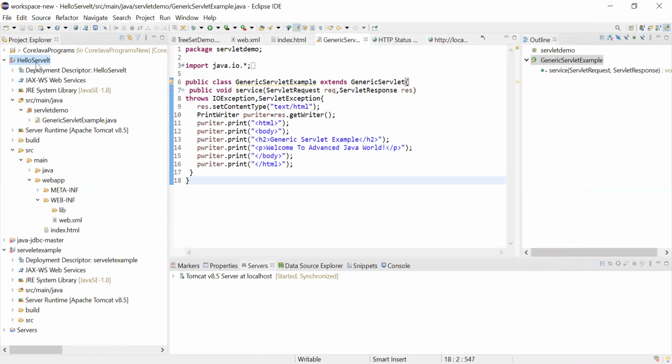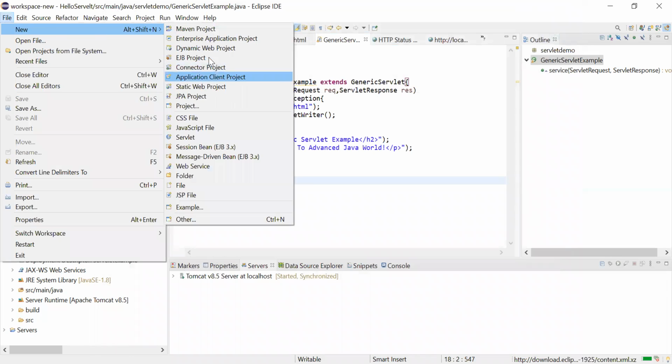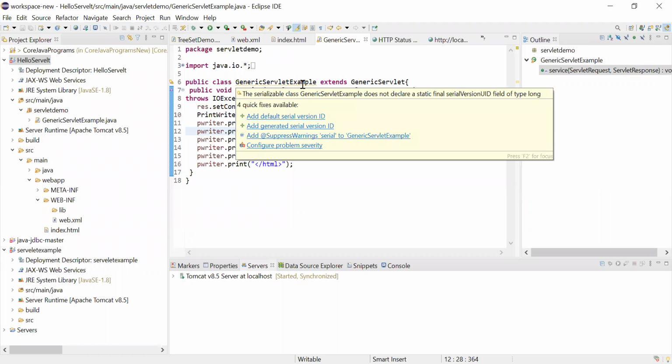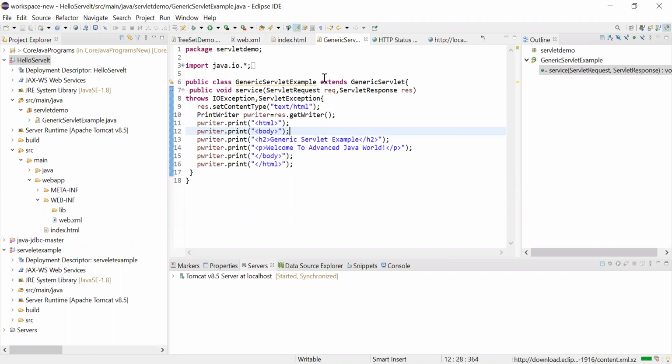Usually, when you click on File and New, there should automatically be a Dynamic Web Project option, but till last night I was not able to see this, unless I installed an extension for Java Enterprise Edition related stuff.